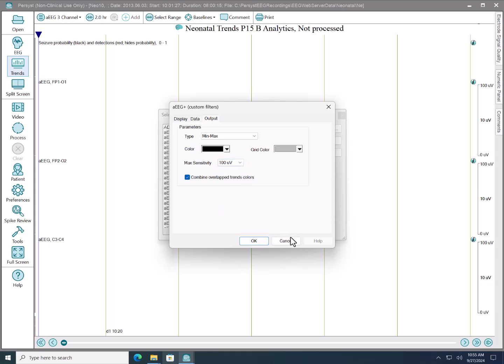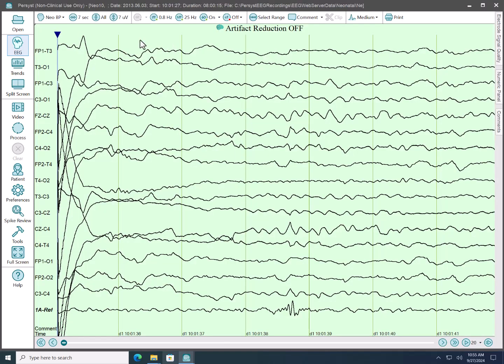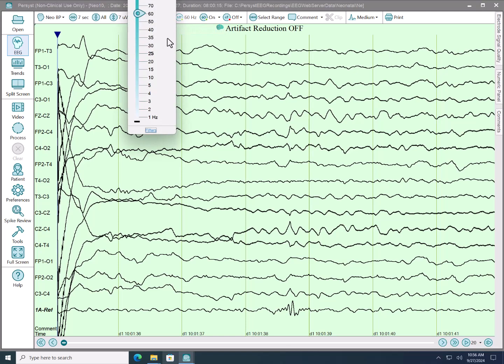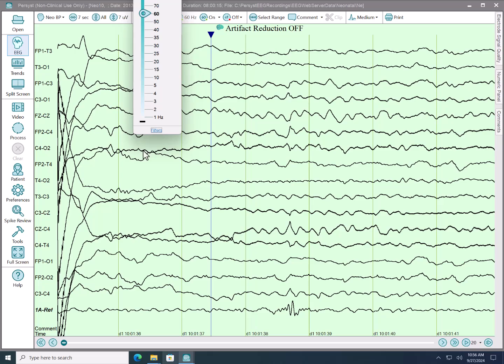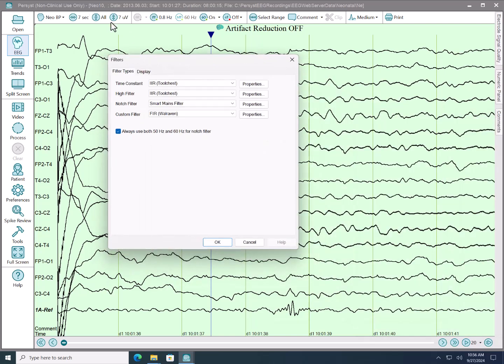So that's aEEG Plus. In creating custom filters, if we go to the EEG page, you can click one of the filter banks, and that was set rather low. Let's go here, go to filters at the bottom of the filter tab. So I just clicked the filter and went to the bottom of the range. And here we can go to a custom filter,